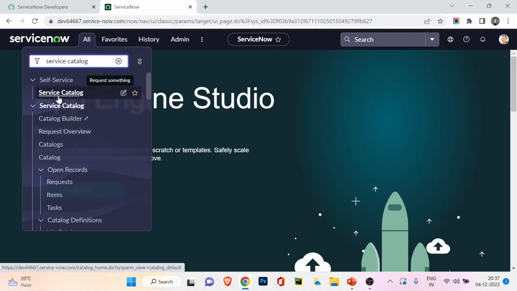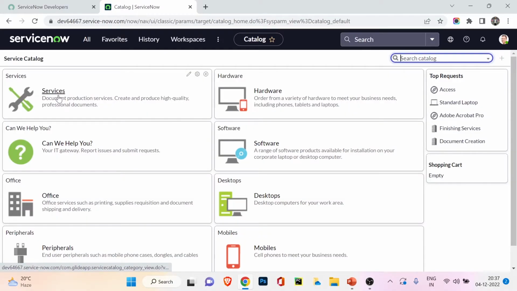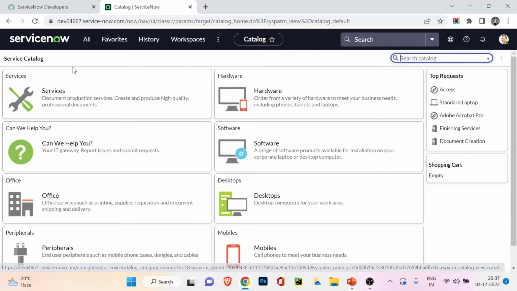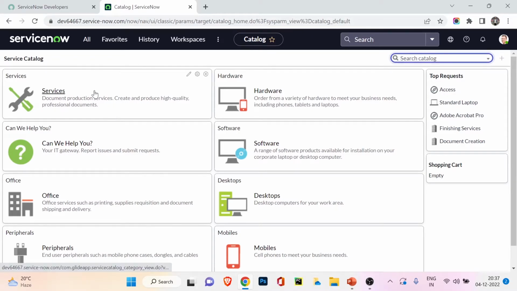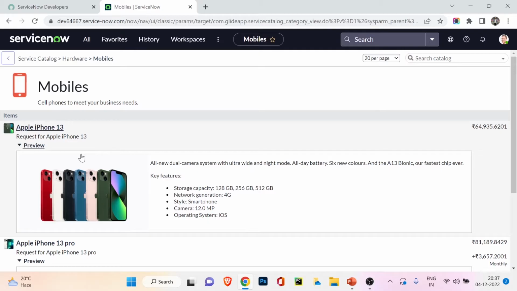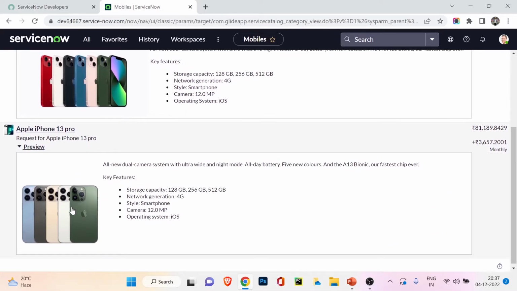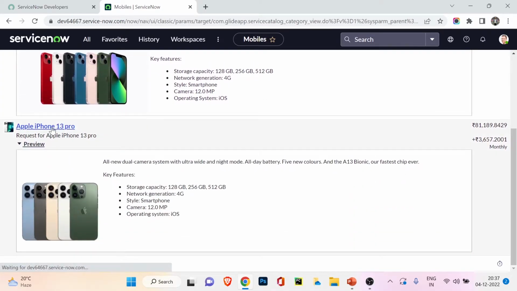So Self-Service is where you can directly order something, right? So I will go to the Self-Service one, and this is the service catalog. You would find a little bit of an Amazon or Flipkart experience. You can see different categories are available like software, desktop, mobile under the service catalog. So if I go to mobile, you can see we have iPhone 13 and iPhone 13 Pro, these two options available. So if I click on iPhone 13 Pro,